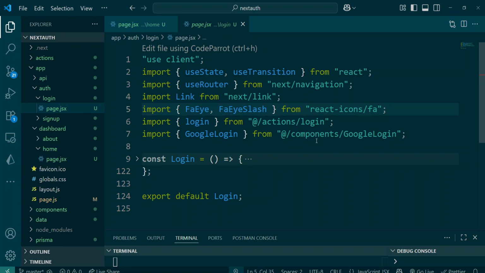And I'm importing these two icons, FaEye and FaEyeSlash, from react-icons/fa, just for us to be able to toggle between hide and show of our password in the password field. You are going to see it in action. Then we are importing our login from login actions, and this login is a newly created